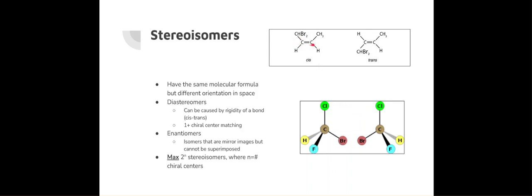And by the way, I don't know if I said this in previous lectures or not, but the reason why cis and trans exist as stereoisomers is because of this double bond. Did I say that? If this was a single bond, you could freely rotate these things around and just make a match, and they would not be stereoisomers anymore. But with the double bond, you can't rotate these, and that's what makes these be stereoisomers of one another.